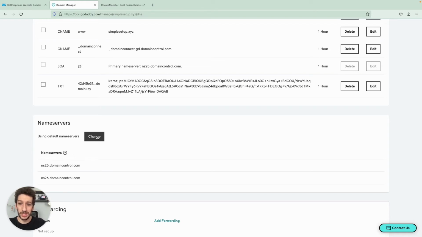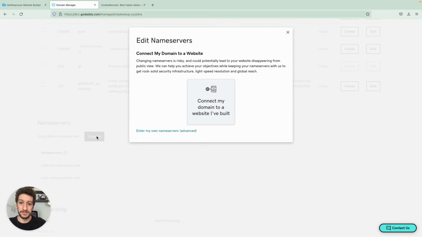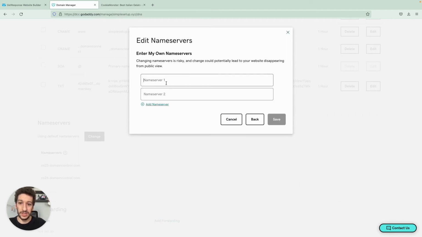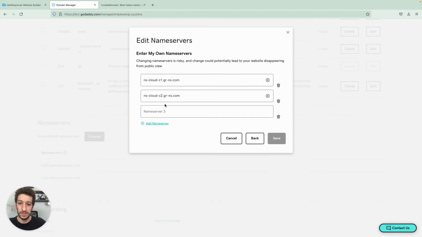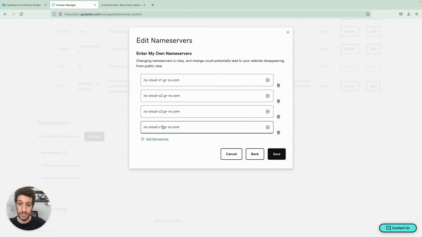Now following up, let's change our name servers. You will just see exactly this here, and you will click to enter your own. This is what you need to do depending on which provider you have. You should have an option to add your own name servers. And here, let's copy what we have. Remember, just this number will change. It will go till 4. Let's add number 3 now, and number 4. And then, as simple as that, we just click save.